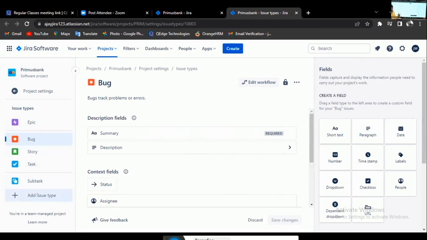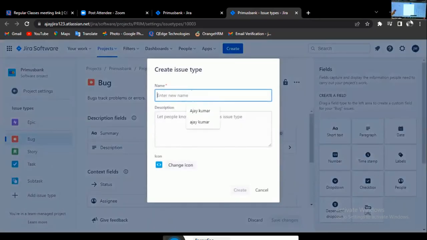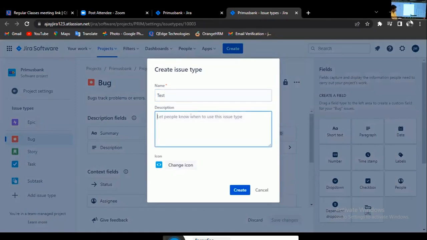We are configuring a new issue type. Add issue type. Click on the link, add issue type. Enter the name for the issue type, test. Nothing but test cases, test. Give the description about what this issue type is. This issue type